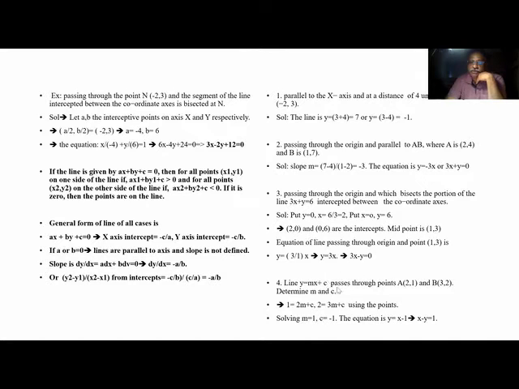Find y equal to mx plus c passing through the points. Determine m and c. I can simply substitute into it. Suppose y is 1, x is 2. So 1 is equal to 2m plus c. One equation. What is the second equation? 2 is equal to 3m plus c. So I have two equations. This is not quadratic, it is a linear equation in 2 variables. So I can find m and c from this. Once I get m and c, I substitute in y is equal to mx plus c. So x minus y is equal to 1.